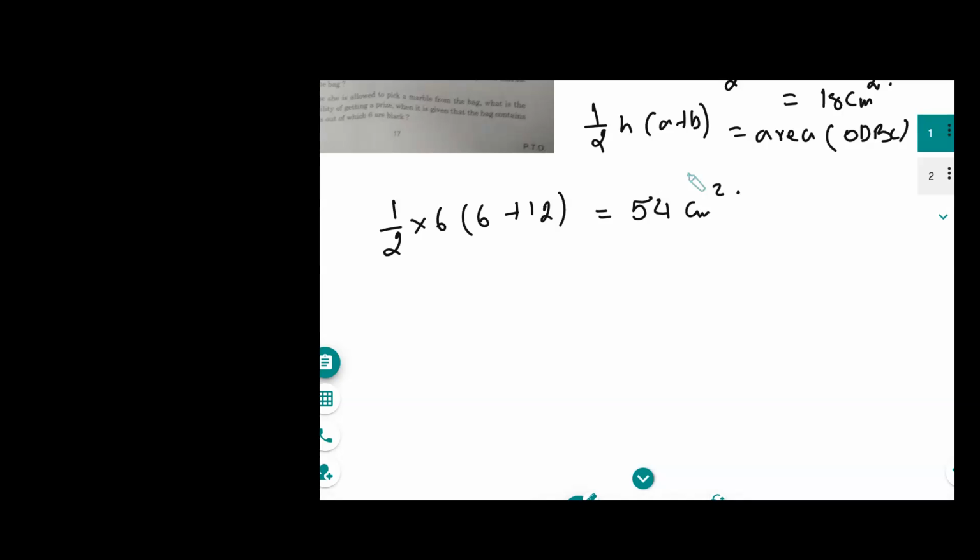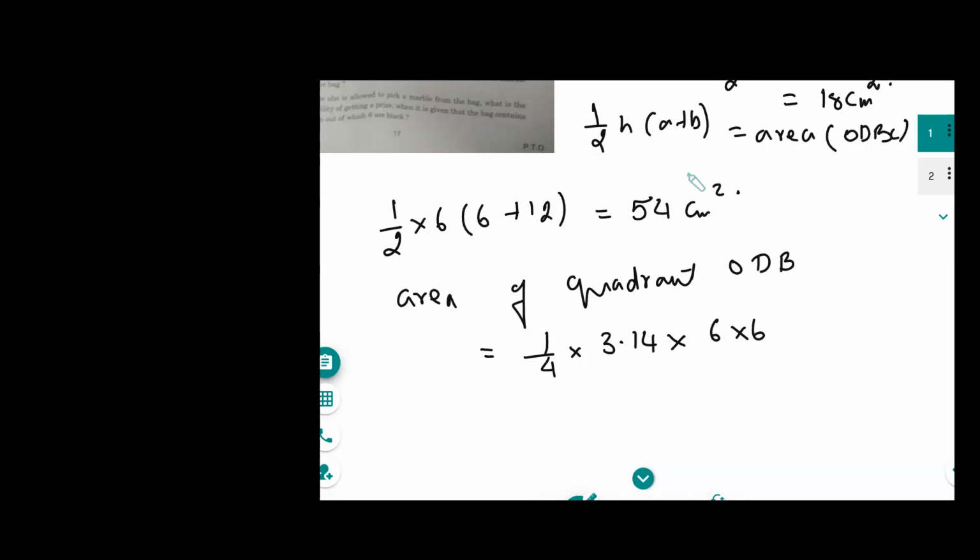Now, this region which is required to be found is nothing but the quadrilateral minus the quadrant. Now, the area of the quadrant ODB is equal to 1 by 4 into pi r square, 3.14 into r, which is 6 times 6, which is equal to 28.26. Now, subtracting, 54 minus 28.26 gives you